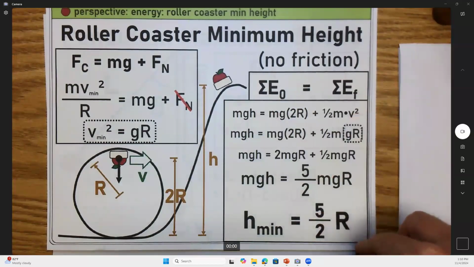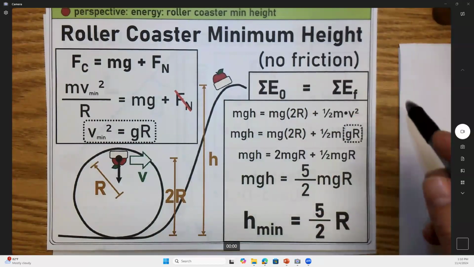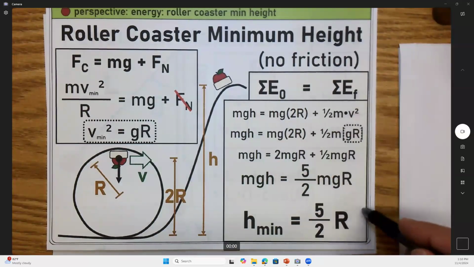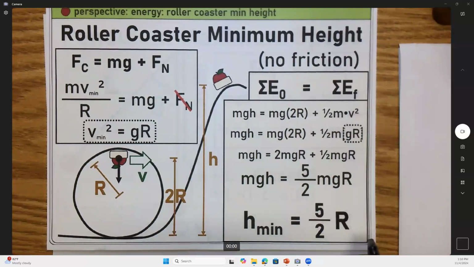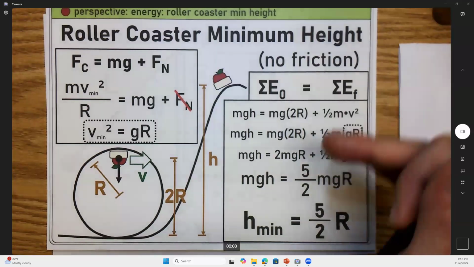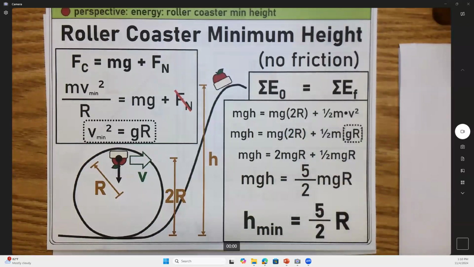So here, I'm just going to leave this here so that at the end of the day, this always ends up being the answer. Because this is a really classic physics question. You can see it's a little complex. I probably squeeze as much as I can onto a single page, right? But this is always the answer. I bet some of you guys are going to take physics in college. And if you do, I bet you're going to see this exact question. And I'm telling you the answer right now. It's always 5/2 times the radius. I mean, more important, can you actually go through the process and get there? But I'm telling you what the end result is.